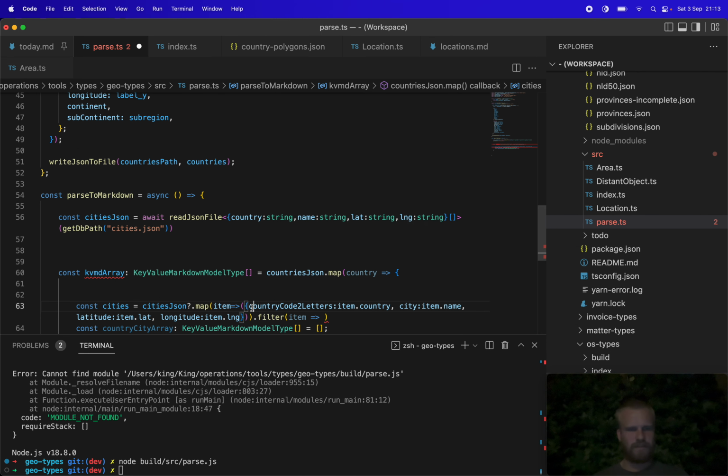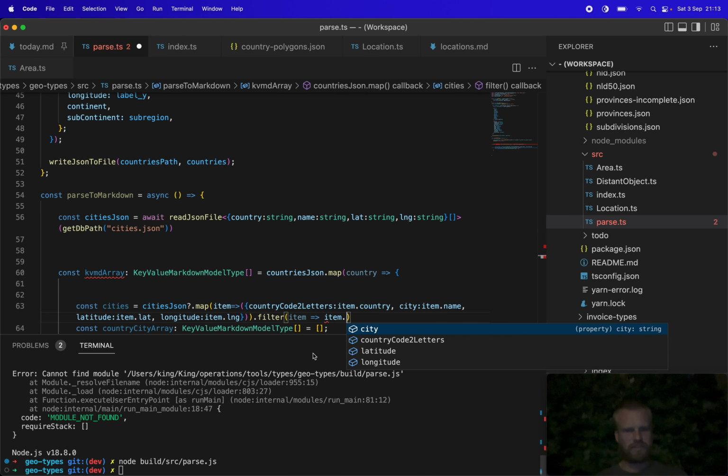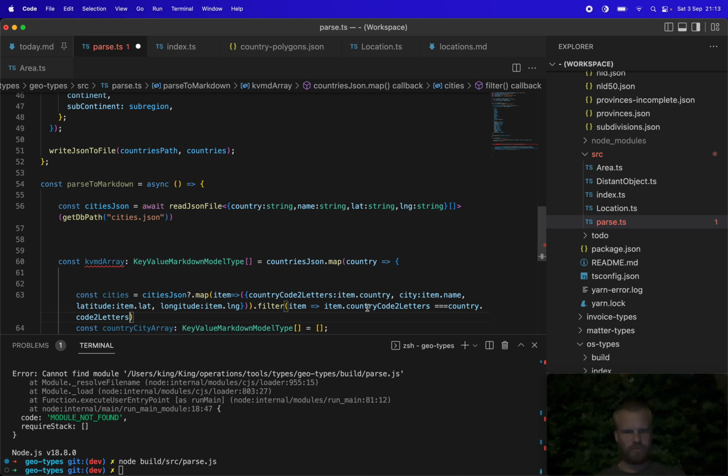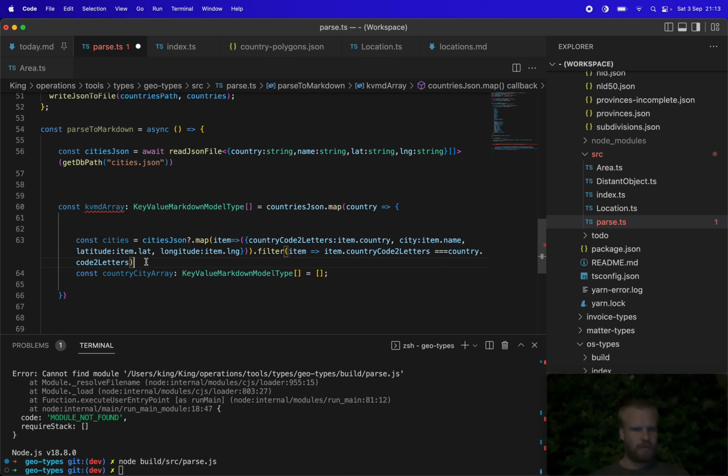So then I mapped it a little, and now I can filter out the ones that I need, right? So item. So I need to match the country code. So this is a two-letter country code string, and it needs to equal the two-letter country code from our country above here. So then we have the city. And then, okay, so then we can basically map it again,